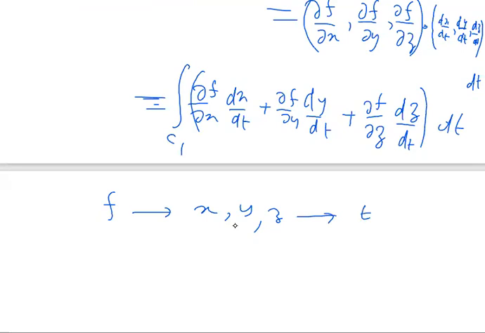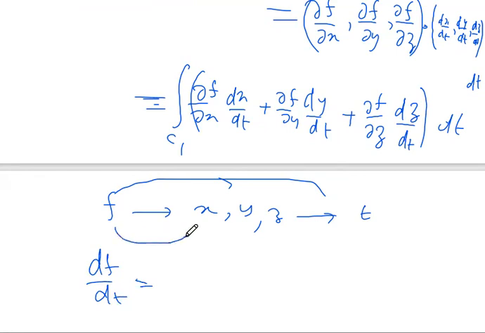So you can use the chain rule. df/dt, because there is only one variable t. F depends only on t. That's why df/dt is the same as the partial derivative of f with respect to x times